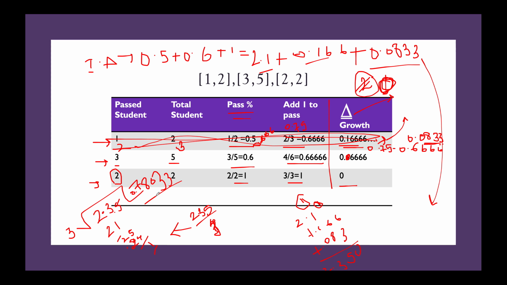So this is the answer, and this is what is expected out of it.